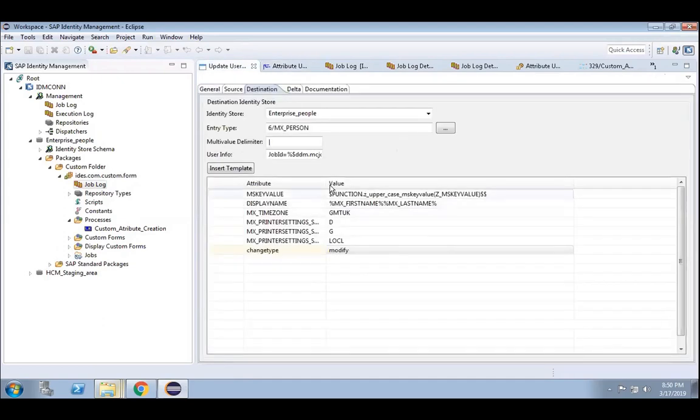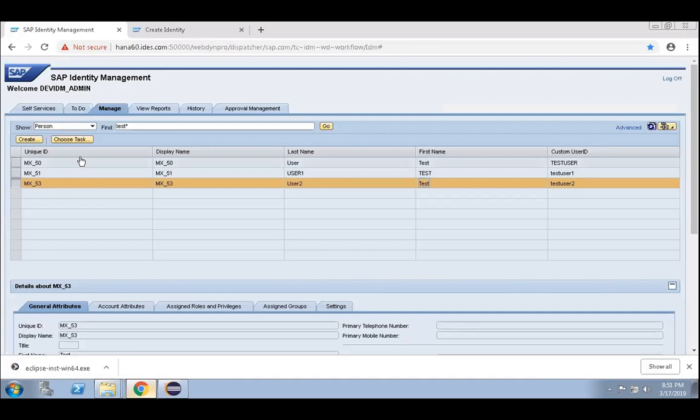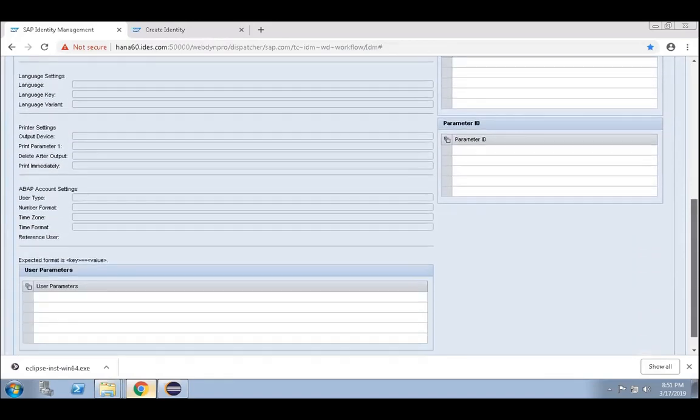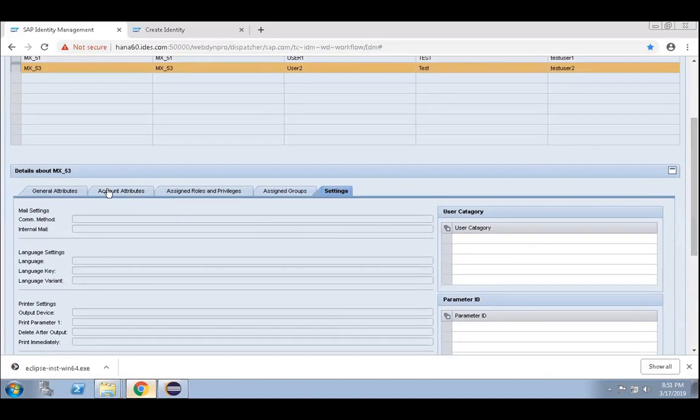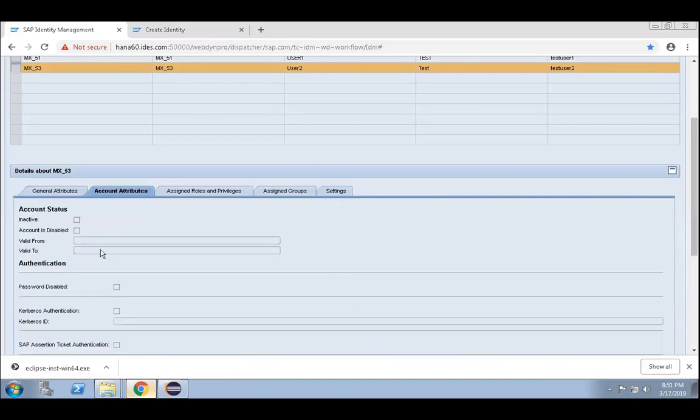This is how we have to analyze those things. How is this problem coming? Let me see. Choose task, settings, go to the settings. Nothing is getting updated. No attributes are getting updated. Printer, right?